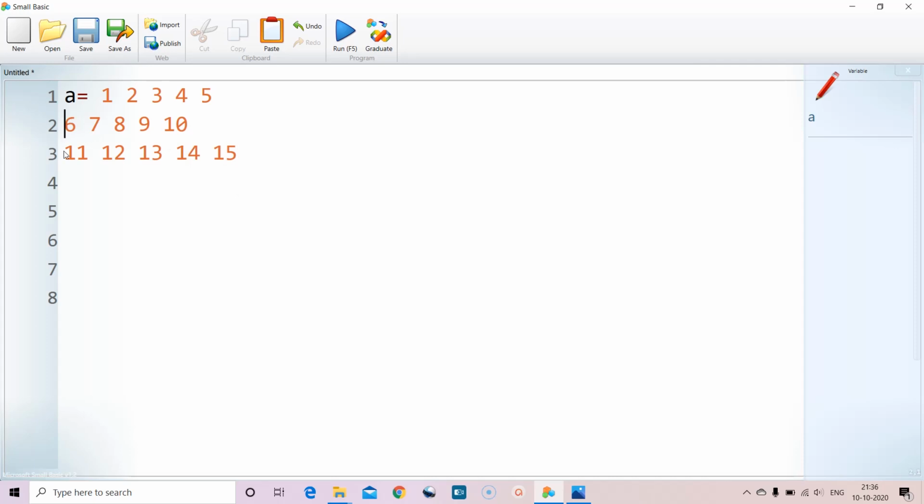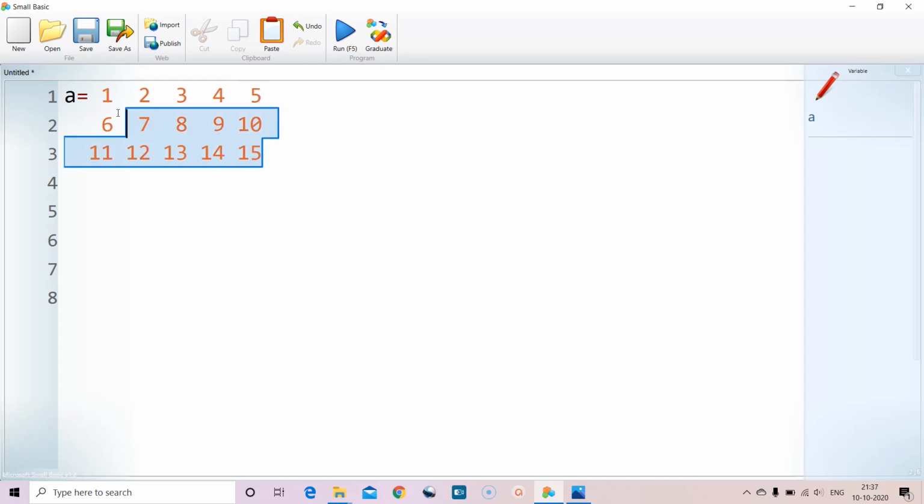So what we are really storing is 3 rows, each row consisting of 5 numbers. So 15 numbers you want to store, but not in one single row. So you want to store like a table. 3 rows, each row consisting of 5 numbers, total 15 numbers.